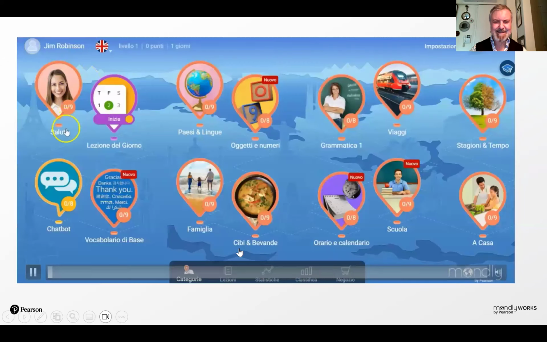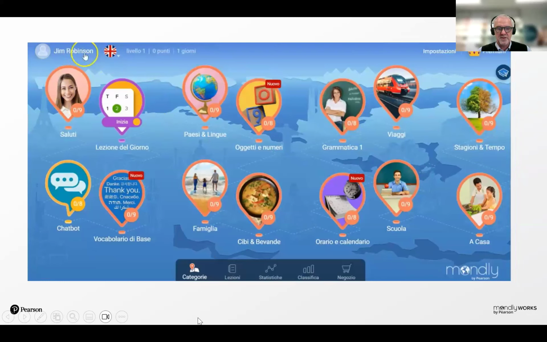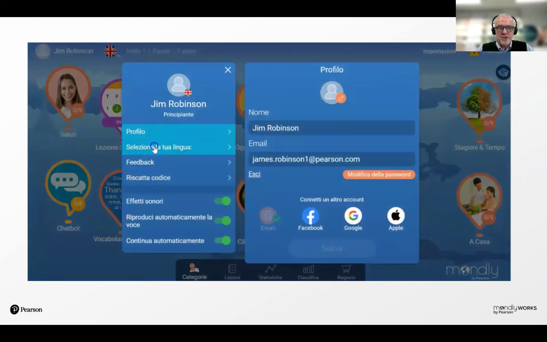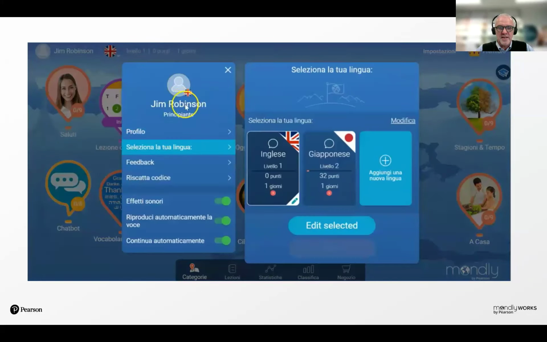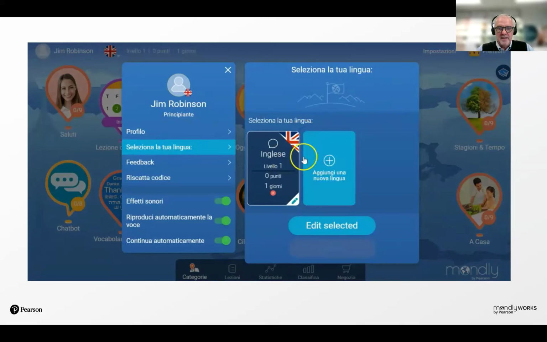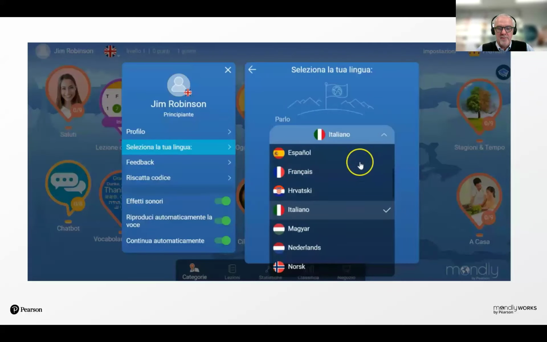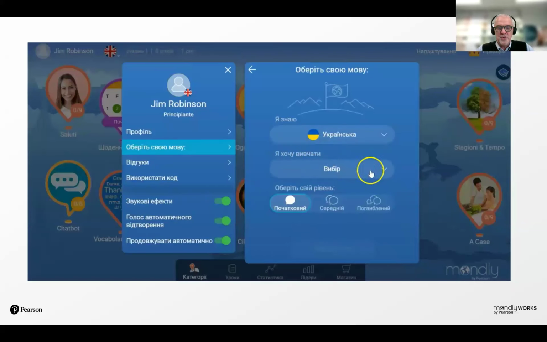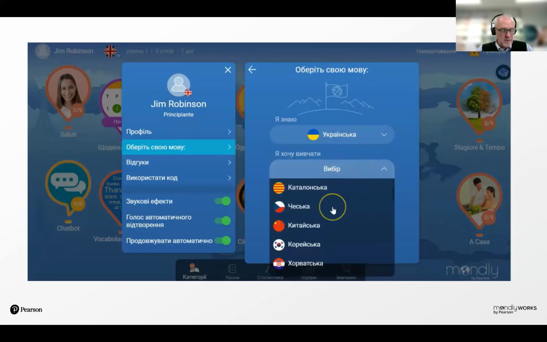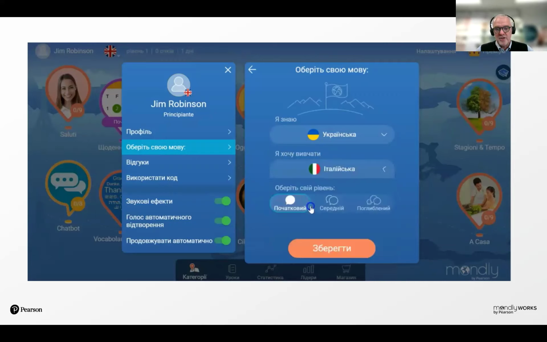Let's move forward and give you another example of something else, because here, this is what I wanted to show you, where you can go to your account and you can decide you want to add in another language. So here, I could maybe take out Japanese and I can click aggiungi una nuova lingua. I could go parlo, and instead of Italiano, here we go, you can start from any of these languages that you see here. So here I've chosen Ukrainian. So imagine for your students that have arrived recently from Ukraine and maybe their English is better than their Italian, but they want to study some Italian, they can choose Italian.